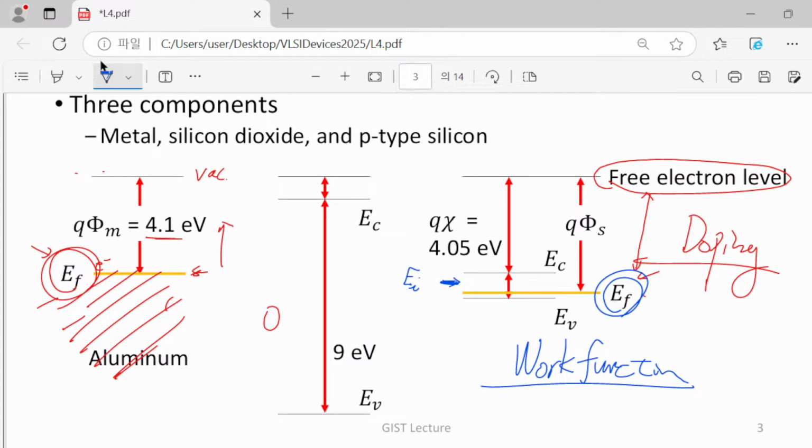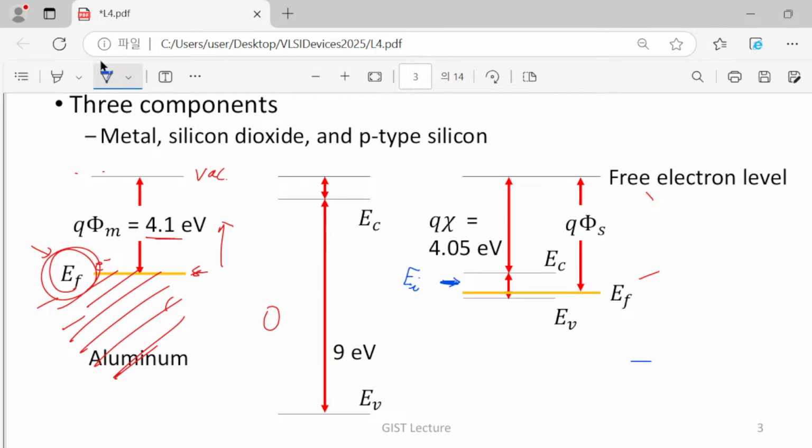So we wanted to have a more doping-independent quantity. A more unique quantity is required. So instead of this work function, in the case of silicon or any other semiconductor material, we prefer to consider this concept. Here we have chi, and this is the electron